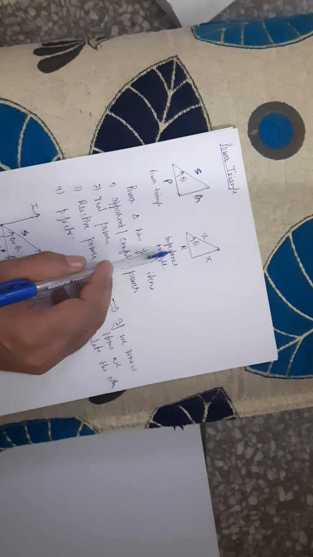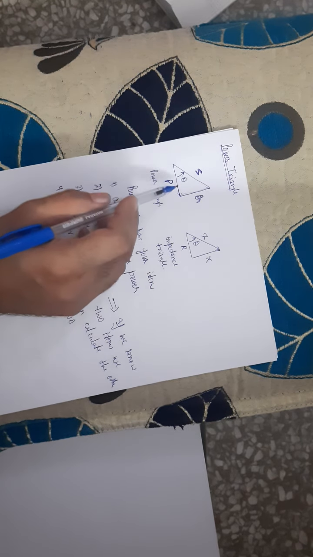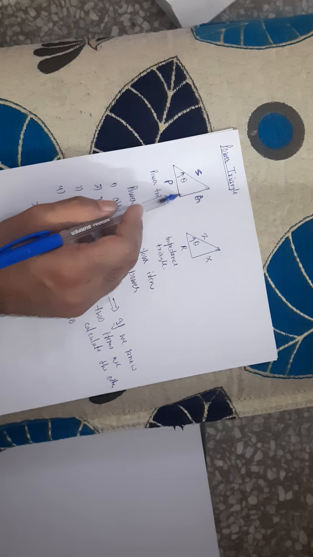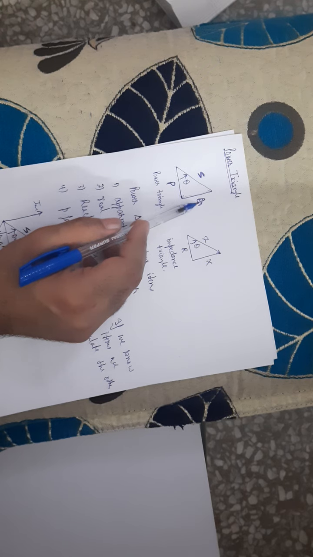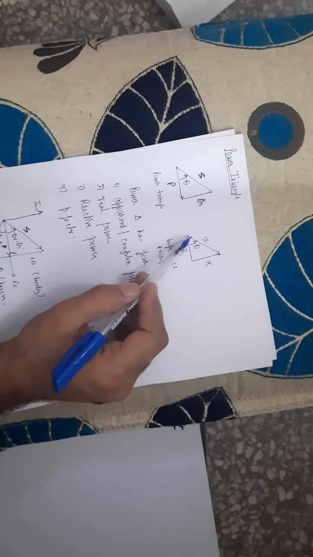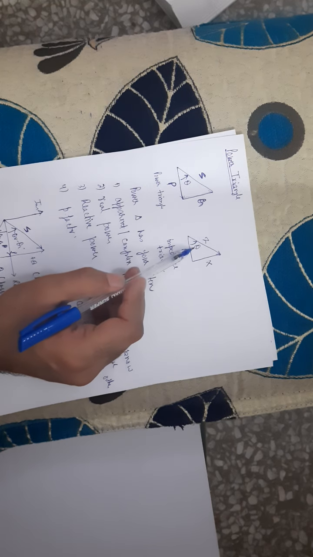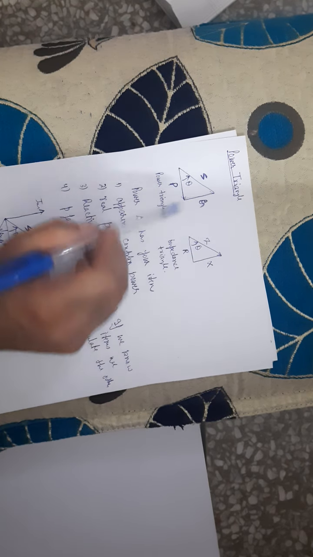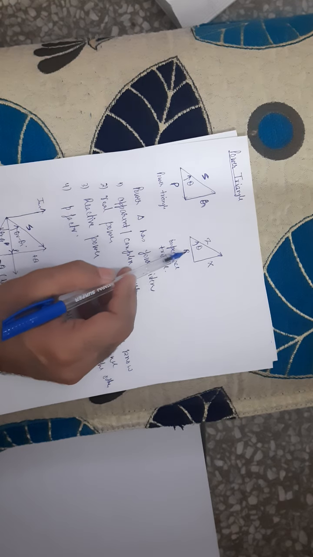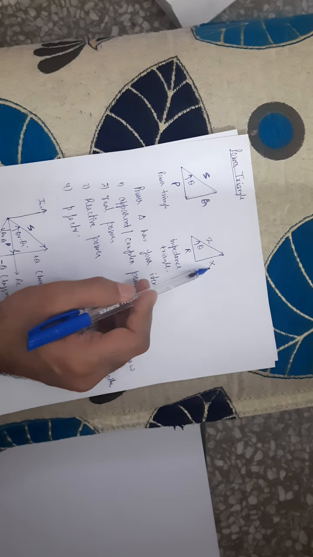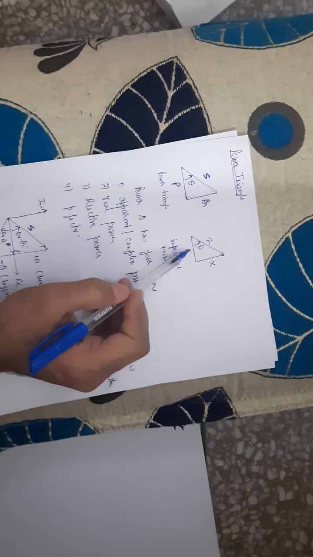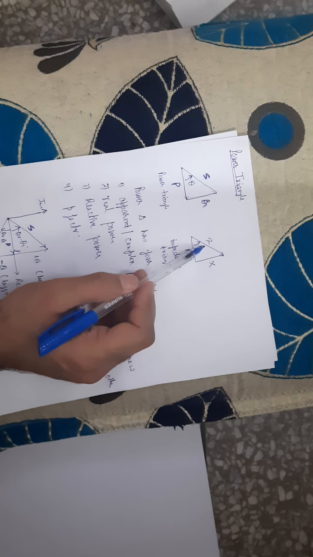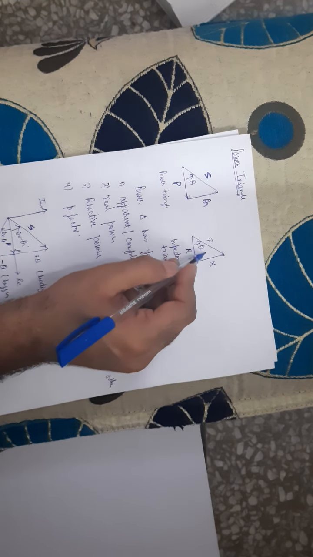So next is the impedance triangle. We know that P is the power that is absorbed by the load resistor R, so this will be R. This is the power that is absorbed by the reactive component X, so this is X, and this will be Z. So theta here and this theta will be equal. Because P is the power absorbed by the resistor, Q is the power absorbed by the reactor, and this is Z. And because the square root of R square plus X square is equal to Z, this will give you Z. So this triangle is called the impedance triangle, and this triangle is called the power triangle.